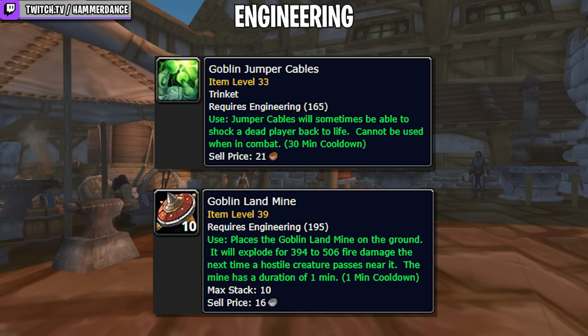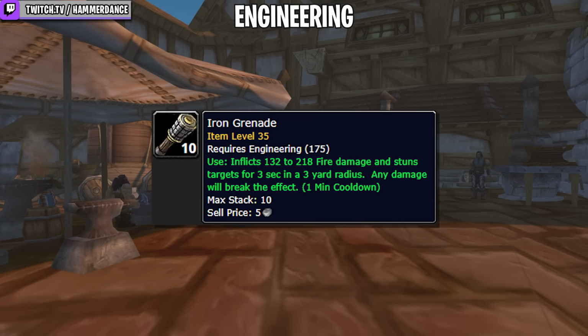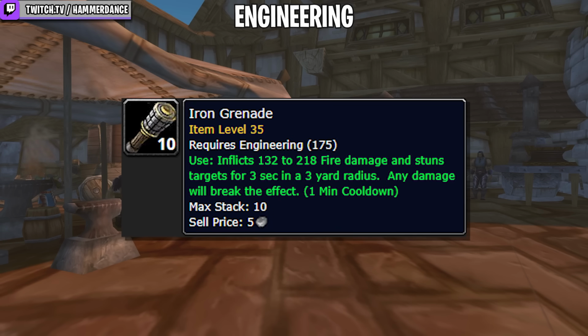And of course, we can't forget about the Iron Grenades. These are going to be amazing in PvP, whether it's in Warsong Gulch or open world. The best part about grenades is that you can cast them while moving, so you could be chasing someone down and be flinging it, and as long as you time it right and you know where they're going to walk and you hit them with it, it's going to do 132 to 218 fire damage, and it's going to stun